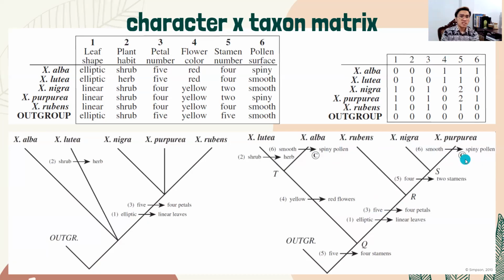This is a very good example of how we transform a character taxon matrix to a coded matrix and then into a tree. But these are just 5 taxa and 6 characters. In reality, in many phylogenetic analyses, we use more taxa because we want to study more taxa, and we use more characters to be able to sort these taxa into their groups. And also, these are just morphological characters. Remember, there's another type of character that we usually use, which is more conserved and more reliable in terms of grouping plants together based on evolutionary history.